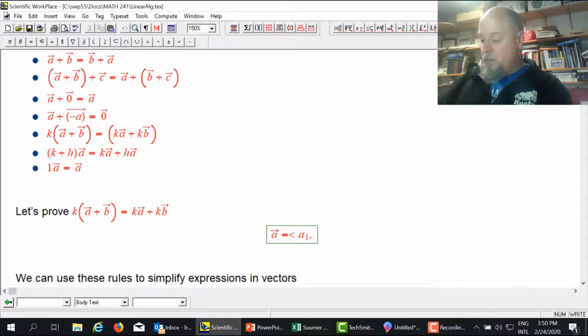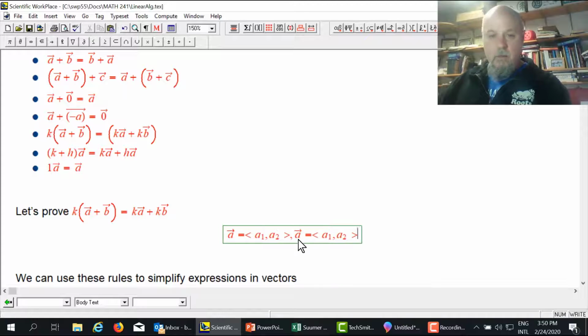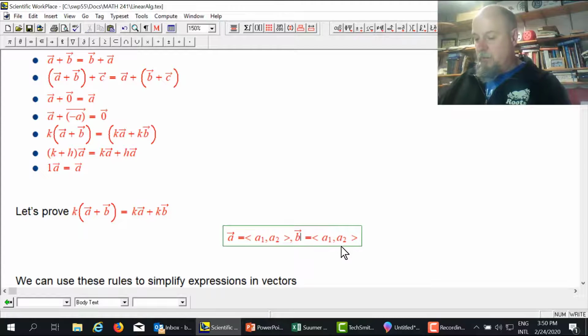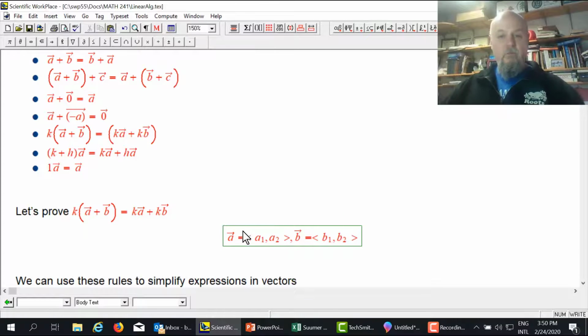That's A1 and A2. And so vector B is the same size, another 2-dimensional vector. So I'm defining this component-wise. And now if I want to prove this,